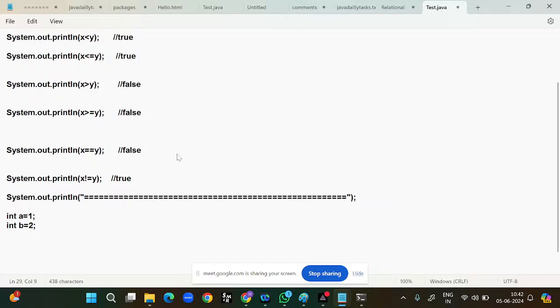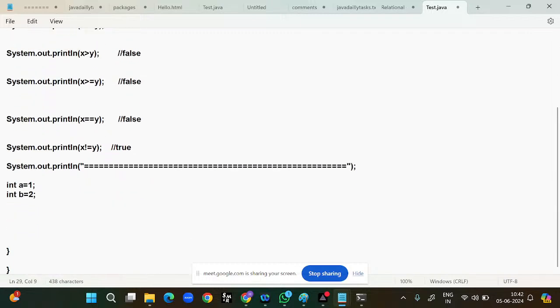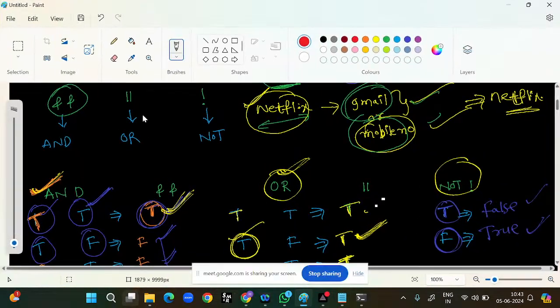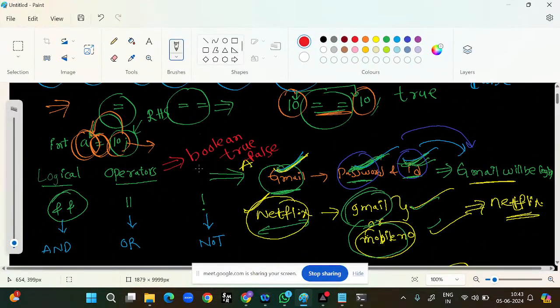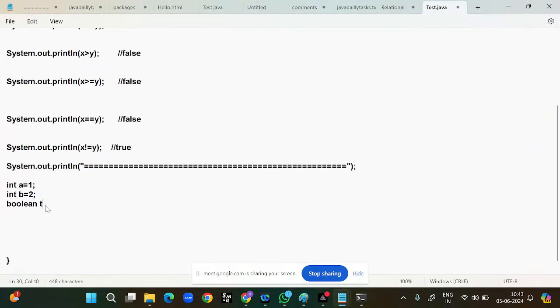I have changed it. Earlier I had taken x and y. In this case, I am taking the variables a and b. Now I need to compare the values. So how can I compare? I am taking boolean. Why am I taking boolean? Because logical operators always return a boolean. So here also I am taking the boolean, and the result